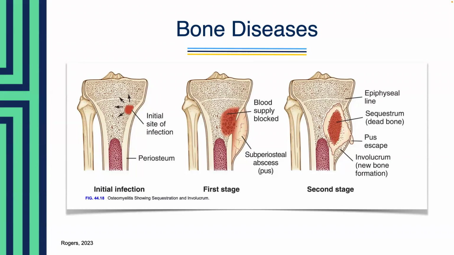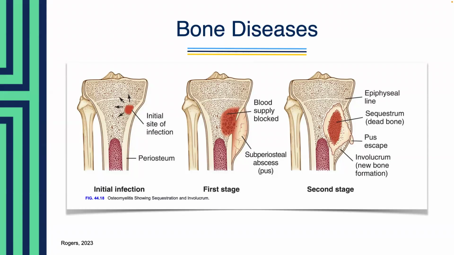Now, risk factors for osteomyelitis include open fractures or bone surgery, endocrine disorders like diabetes, and peripheral vascular disease, because you think of the blood flow and the lack of circulation. Our patients that are using IV drugs are more at risk, and then immunocompromised patients can be a higher